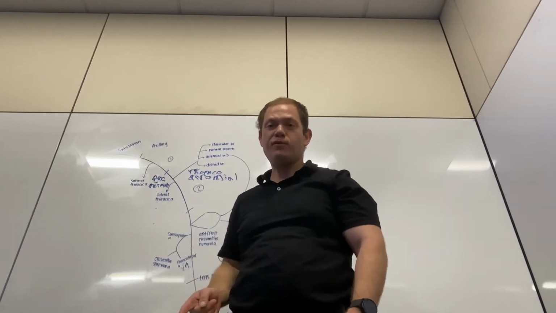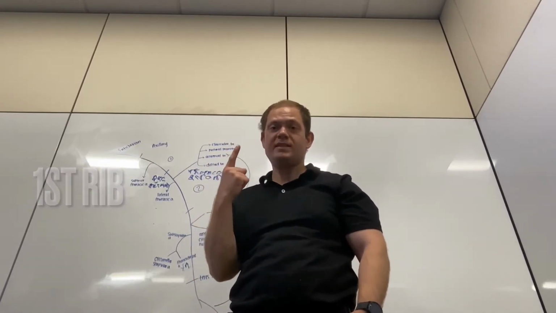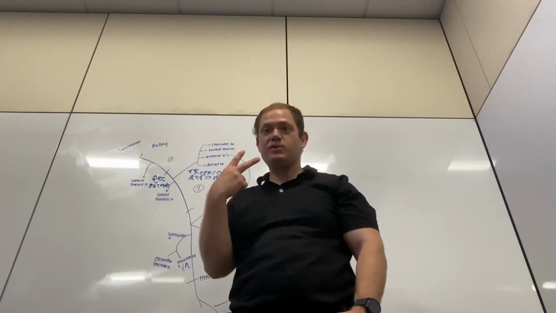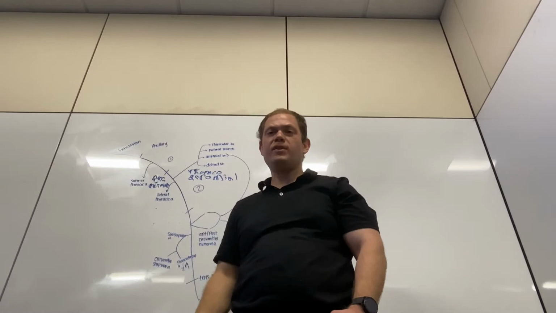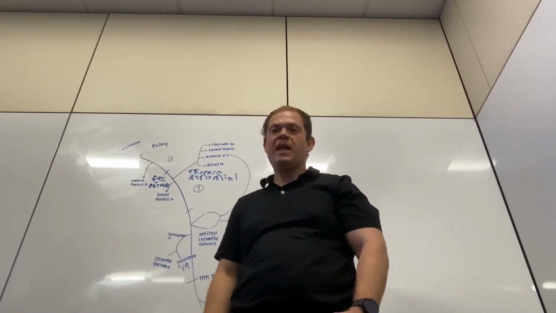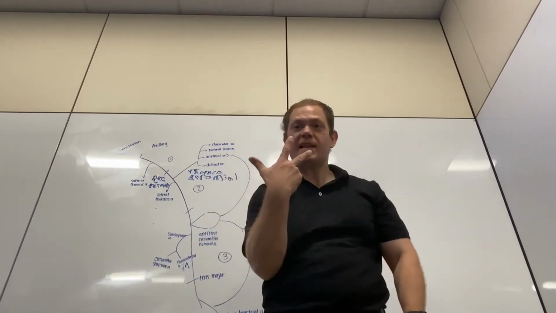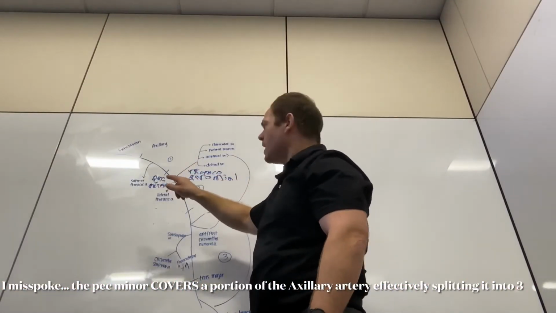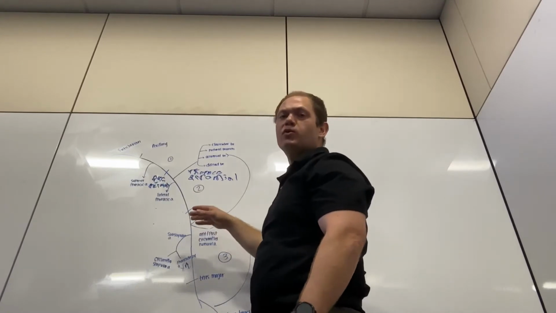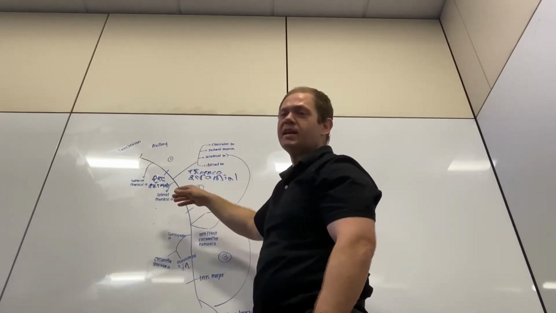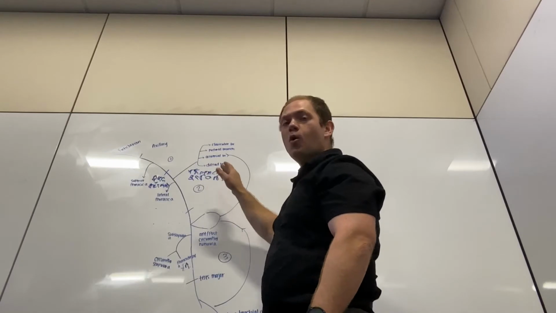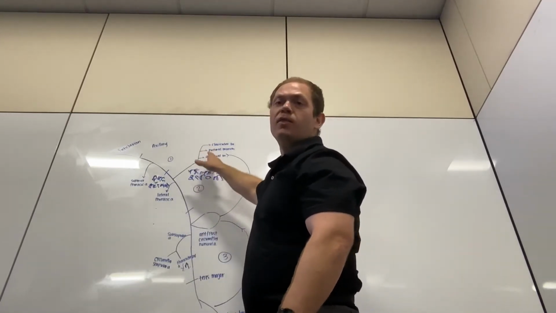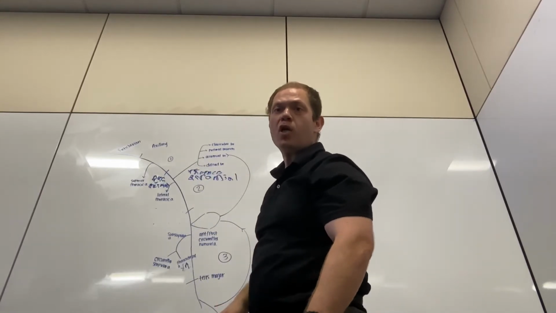So after the first rib, it splits once. After the pec minor, it splits twice. After the teres major, it splits 3 times. So after the pec minor, it splits into the lateral thoracic and thoracoacromial arteries, which the thoracoacromial